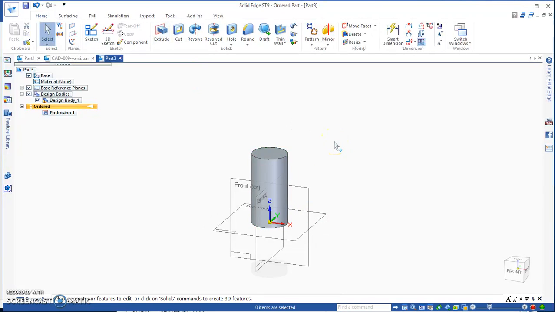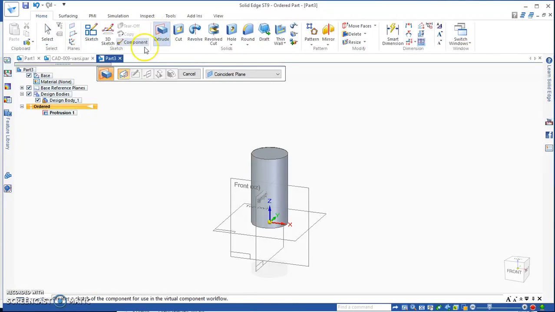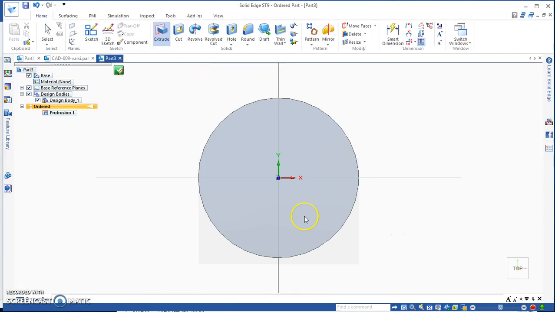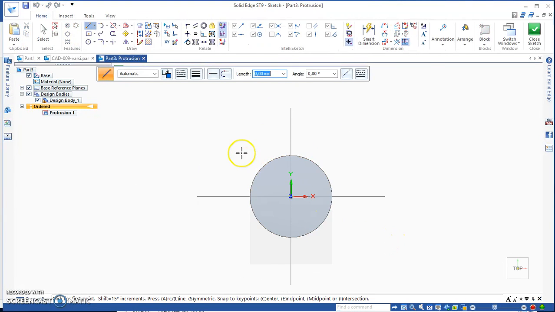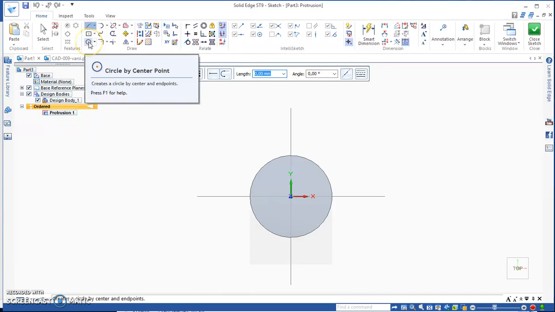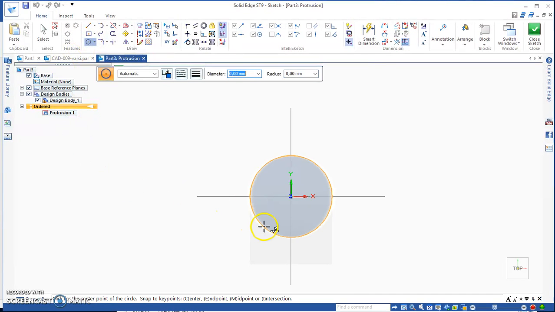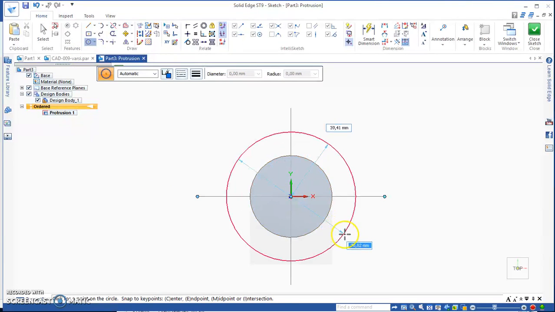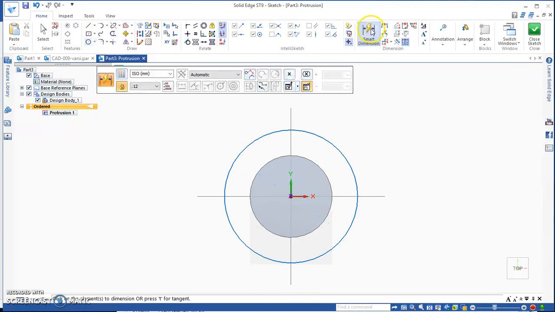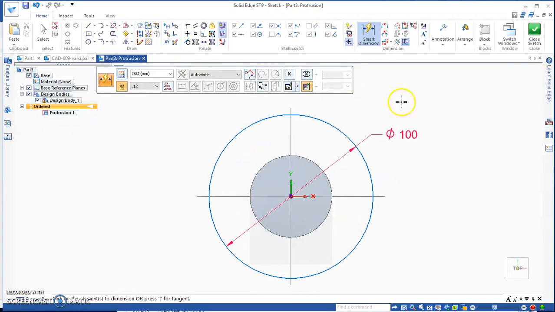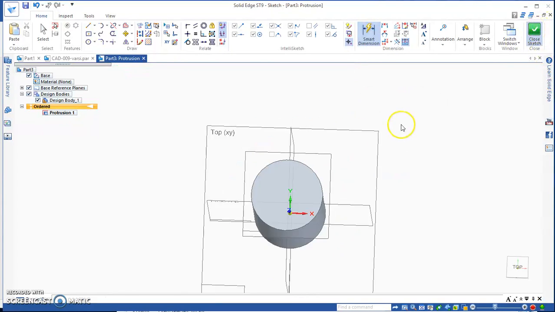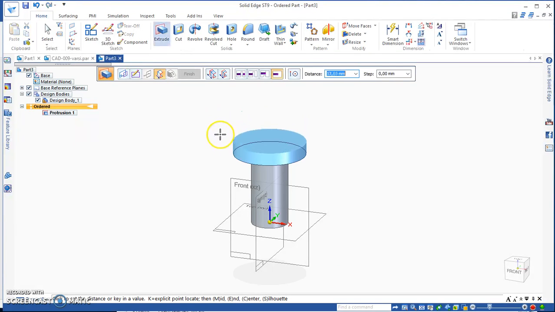Okay. Then next one, extrude, and I select this plane, and now I select circle by center point, middle point, and give dimension and close sketch. 50